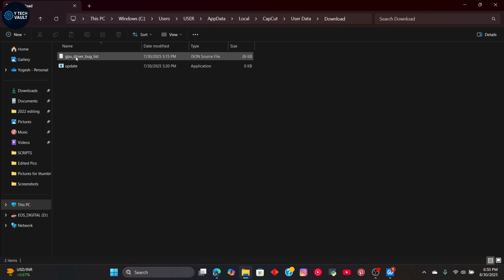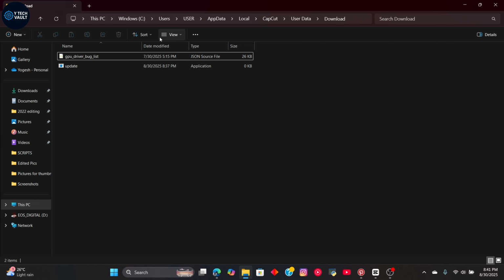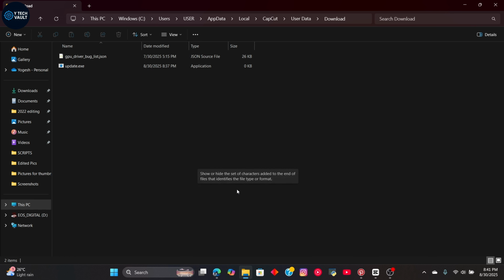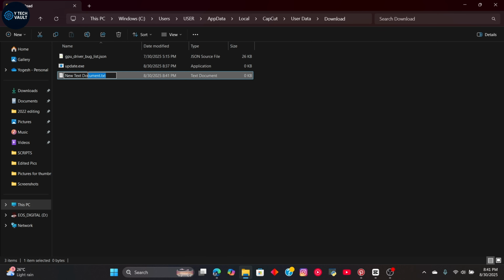And here you will see this file only, because I have made the major change, that is this one, the update file. In your window there will not be this one file, the update file. So you have to make it, and I will tell you how to make it. Now go to view options, go to show, check the file name extensions, and now make a new text document. Simply remove all these letters and type